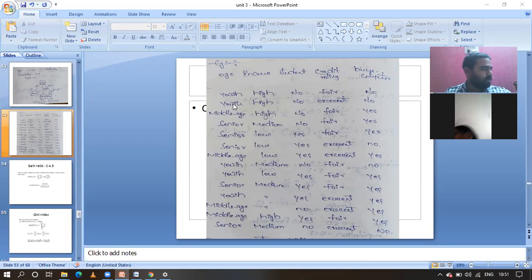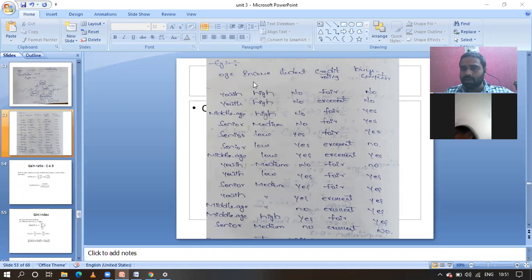Suppose for youth, it points to no here and yes here, which means again we have to use youth for preparing the root of that branch. For youth we are going to make one separate branch. There, buys computer has yes and no both, so not all are pointing to one value, which is why again we have to use the same process.